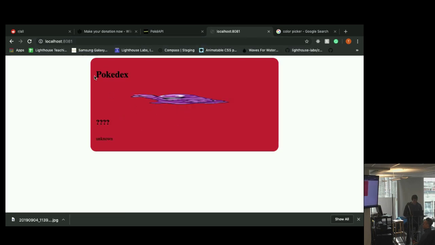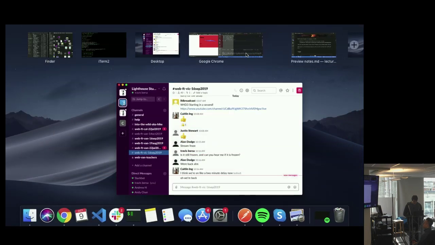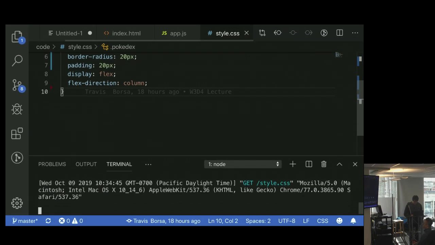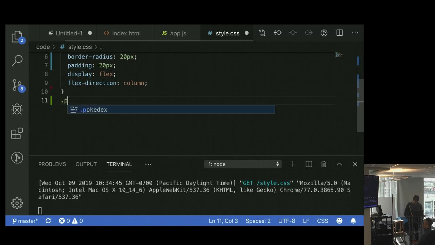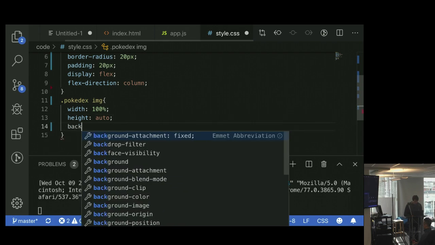Oh yeah, so we got our guy. He's super distorted, so we'll pop back over here. Obviously, the image needs a little bit of work. We'll have the width, which it already is doing, just be 100%. But the height will be auto. That means that it will be proportionate to whatever width we set it, so it won't get distorted in any way. I'm also going to do a background color,